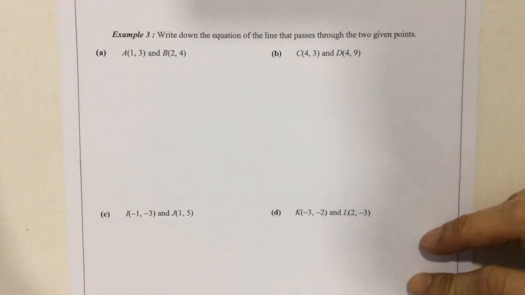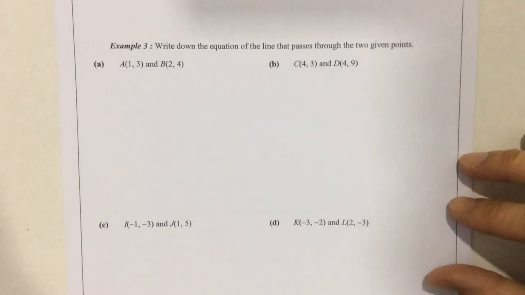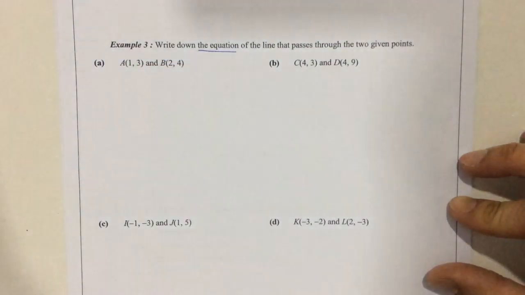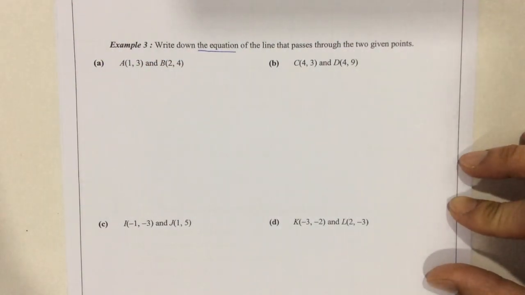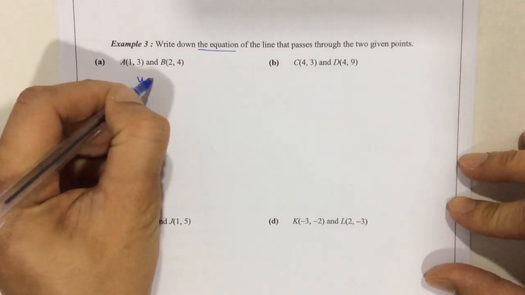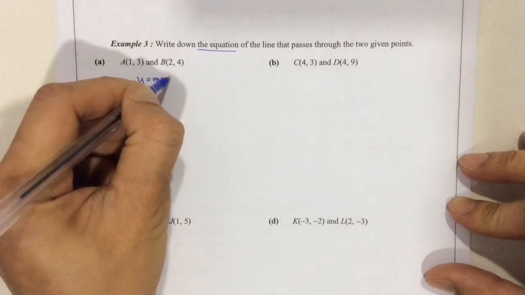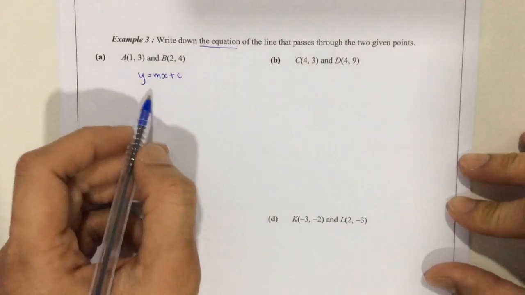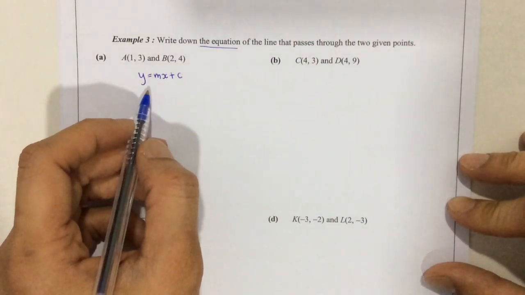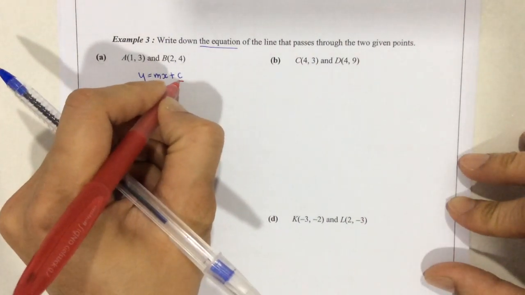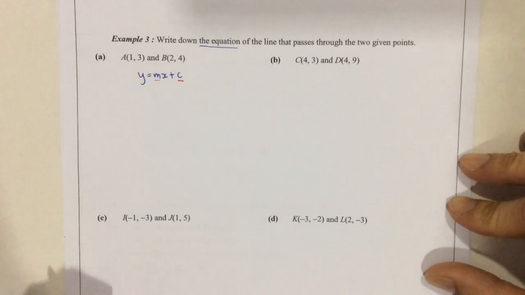Okay, next take a look at example number 3. This is from the same notes. Again, you have a question to write down the equation of the line. So we are going to write down y equals to mx plus c because that's the lesson for today. This is the equation of the line, and we are going to find the gradient and the y-intercept to replace it by a